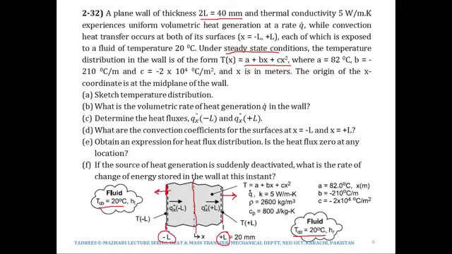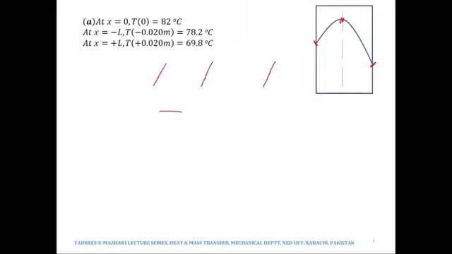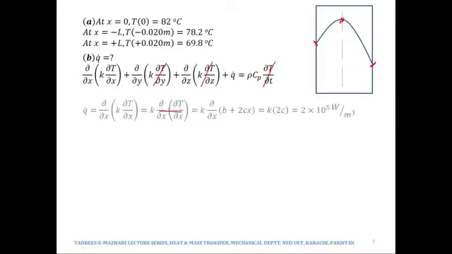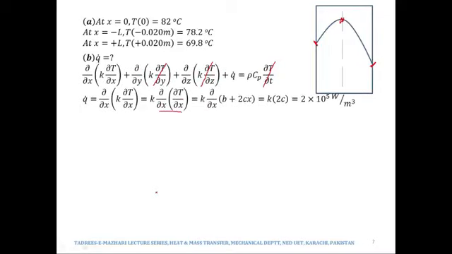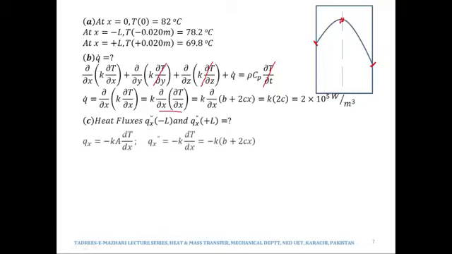So we would be making use of minus Ka delta T over delta X, or rather dou T by dou X, or dT by dx. So we would be finding out the heat fluxes using minus Ka dT by dx. Why dT by dx? Because temperature is only a function of x. It is not a function of y, it is not a function of z, and it is not a function of time. So therefore the heat flux would be minus K dT by dx, and dT by dx would be B plus